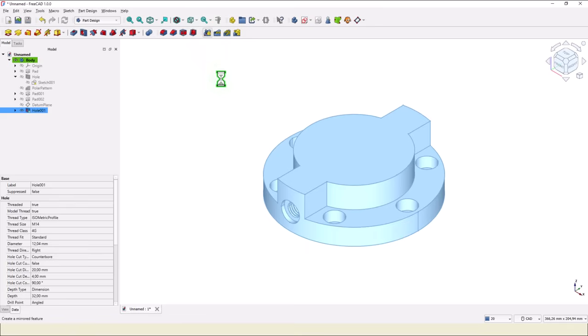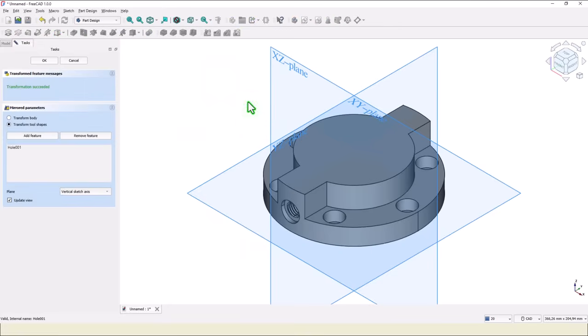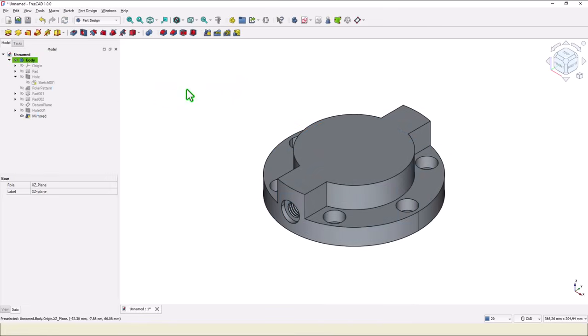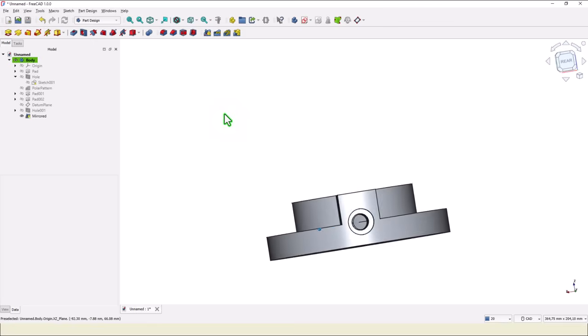What is the plane for this mirror? We have to wait because of the thread. Of course, this is the plane with the name XZ. OK. And we have here the